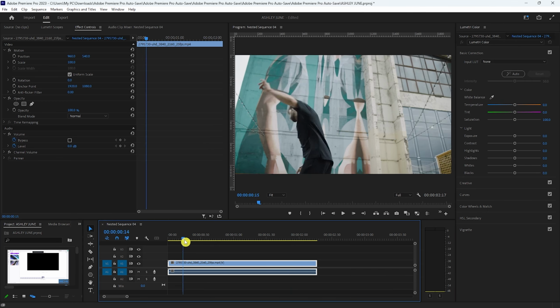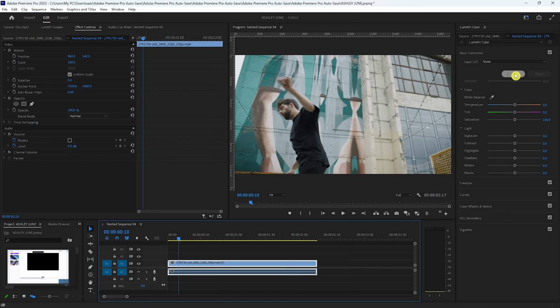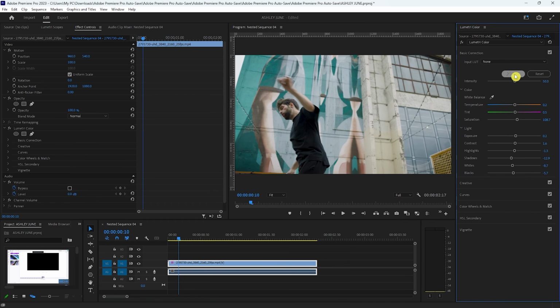And the first option that I'm going to show you is this auto button right here. You can click on that so that you won't have to do any color grading or color correction on your footage, and AI will automatically do it for you. There are some cases where it doesn't really work that well, but there are also some cases where it works well. I think it depends on the kind of footage that you have, so you can just try it out. If it's not great, then you can click here on reset, and then you will be back at